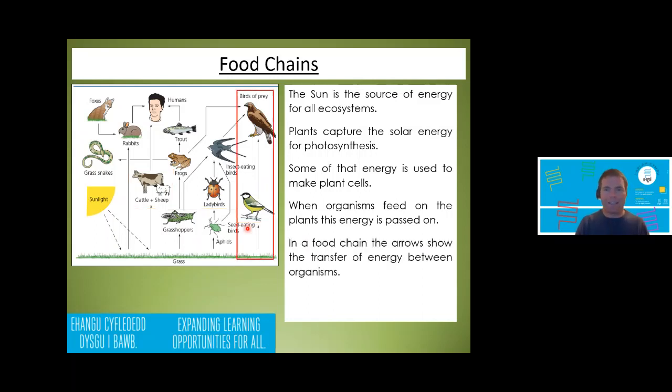There are a number of food chains shown within this whole food web, but in this food chain I've got grass being eaten by seed-eating birds, being eaten by birds of prey. That's a very simple food chain. The arrow shows the transfer of energy between organisms. In year 7 or 8 you might say that the arrow shows what eats what, and that's true, but at GCSE we need to be talking at a higher level than that. It's not uncommon to be asked the question, what does the arrow show? And the answer is that it shows the transfer of energy between organisms.